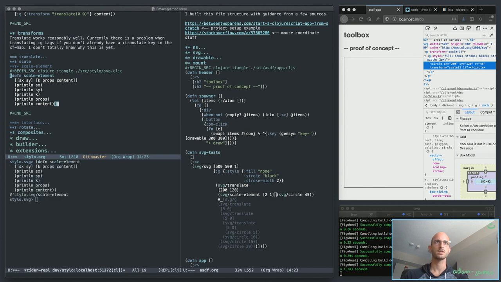Let's have a look. What is this going to look like? Scale element. Let's scale 2 to circle 5. Let's imagine that. Scale 2 to K is circle, props is this, and then nil is content, which is